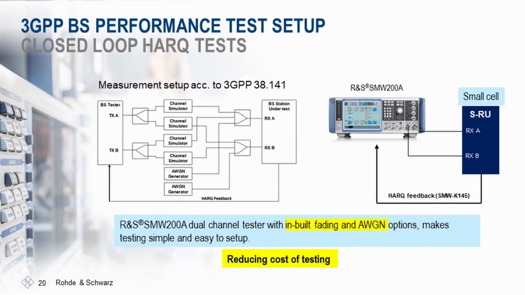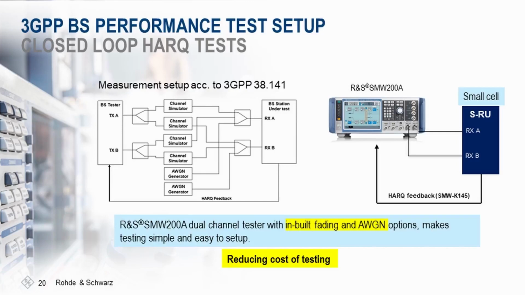So if you look at the measurement setup recommended by the 3GPP, on the left you can see it involves a base station tester, 4 channel simulators, 2 AWGN generators, and then a base station under test, and the inputs are given to the receivers of the base stations. And from the base station under test, there is a HARQ feedback back to the base station tester. So here,